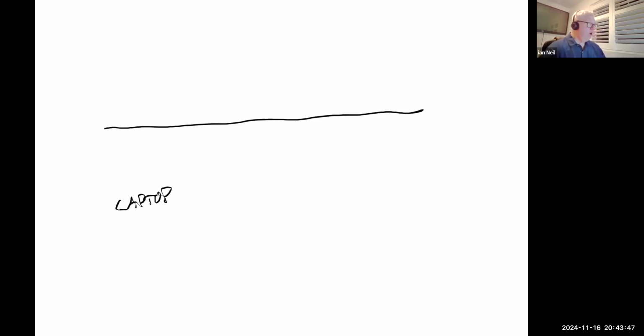I've got a laptop. And what I'm going to do on my laptop, I want to do BitLocker. So I'm going to put BitLocker on my laptop.